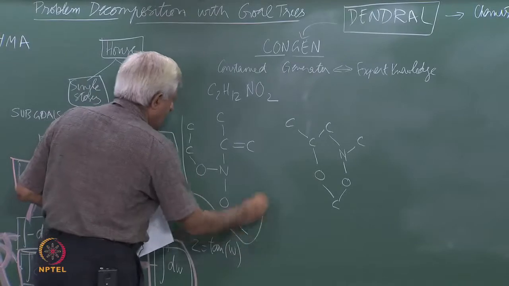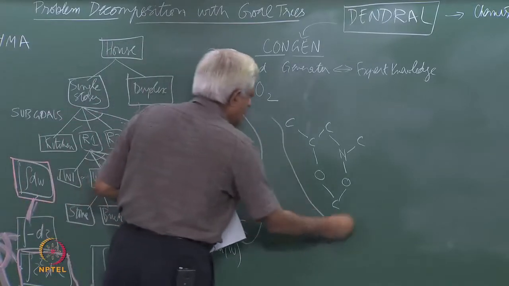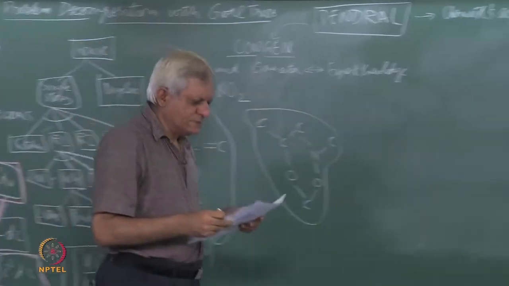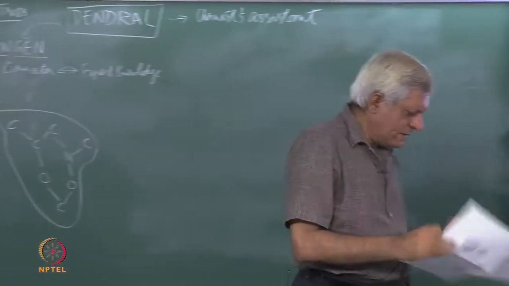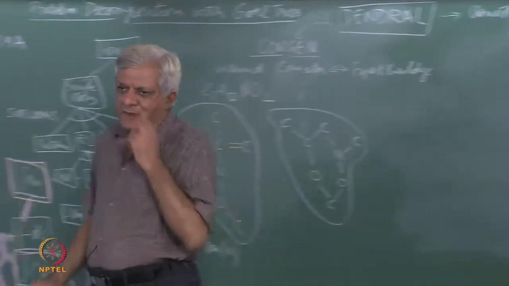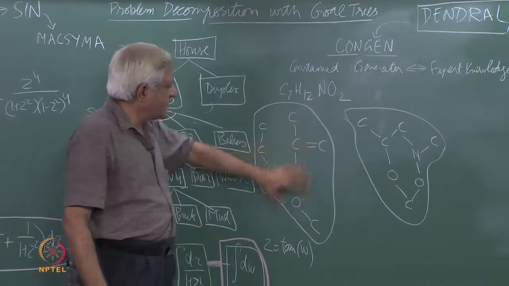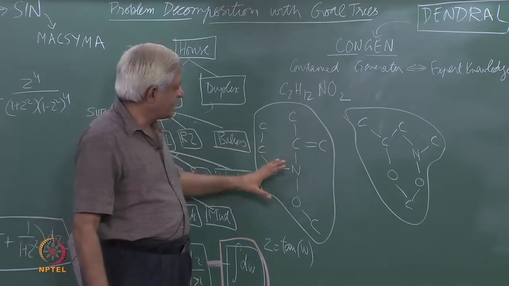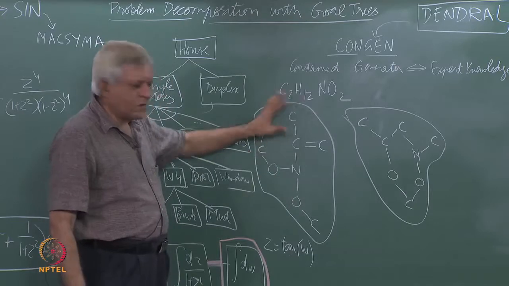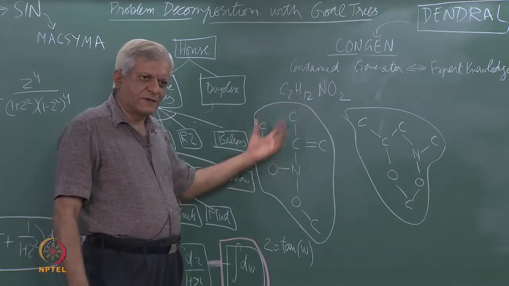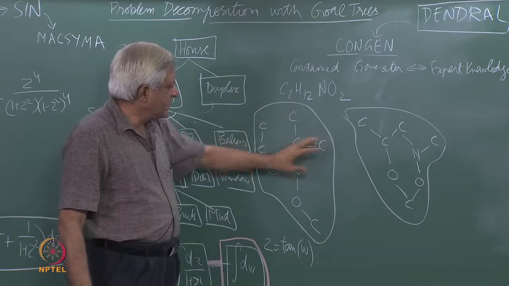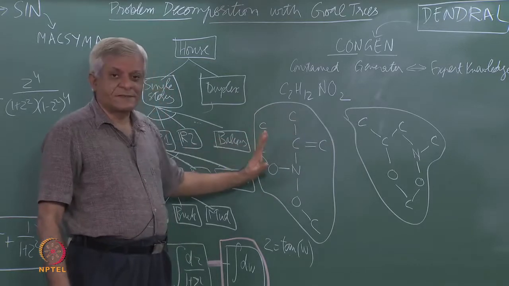So, this is one and this is another one, and there are more examples which I am not drawing here. Essentially, since you are better at chemistry than I am, you know that this is a double bond and this is a single bond and so on. We have not drawn the hydrogen atoms, and you can fill them in based on the valency remaining. So, 3 here for example, and 2 here, but these are different structures that Congen